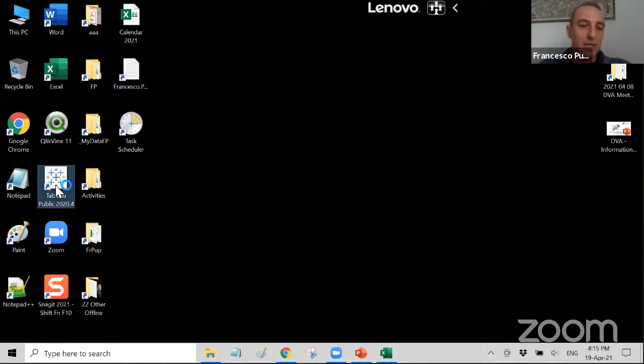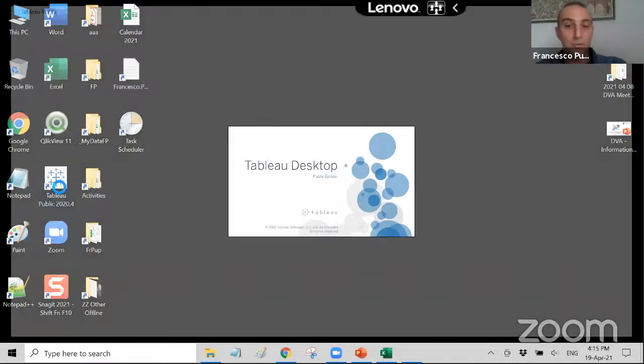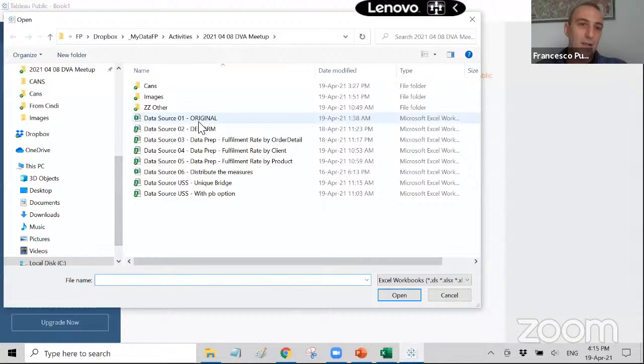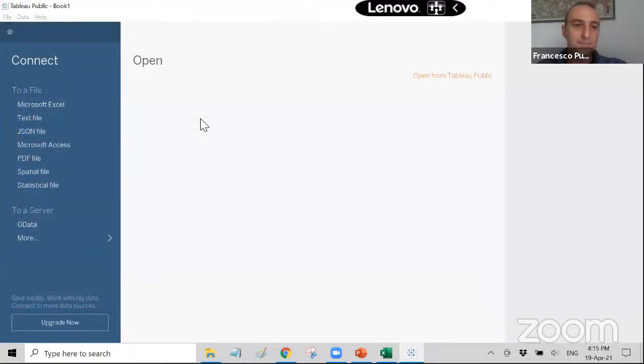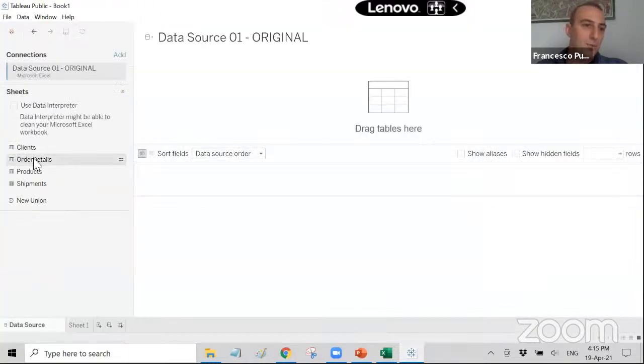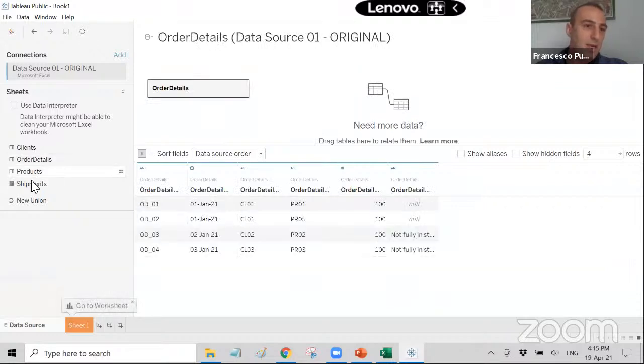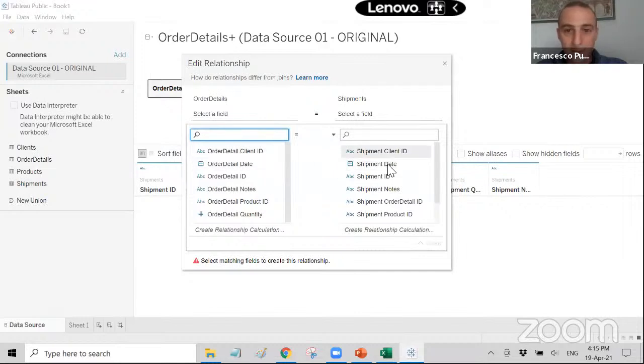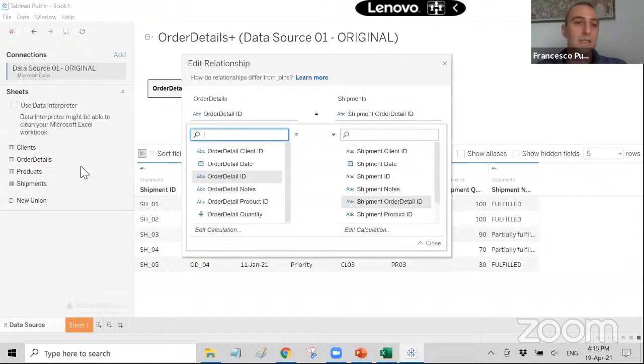So if I take my BI tool, Tableau, and I want to load these 2 tables in a report, I can do it very quickly. I go to my data source, original, and I can pull the order details, and then I can pull the shipments, and I need to tell Tableau that the shipment order detail ID is matching with the order detail ID.